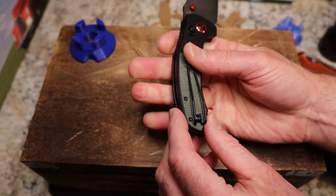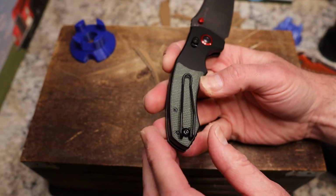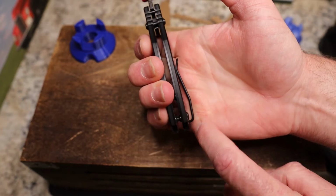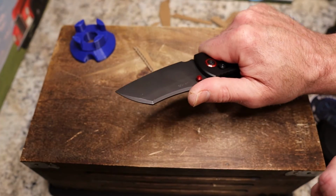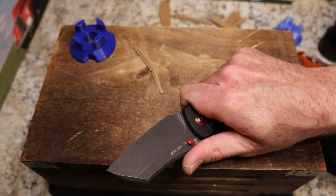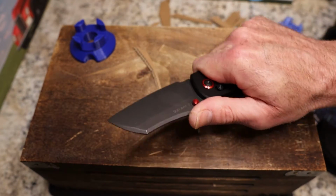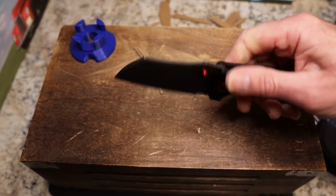This is kind of a wider steel clip. It kind of spreads out, so you do feel that right here a little bit. I wouldn't call it a hot spot, but it's definitely something you have to account for in your grip. And so you just relax and move your grip a little bit and get to the point that you can